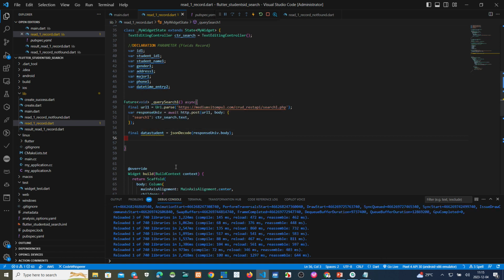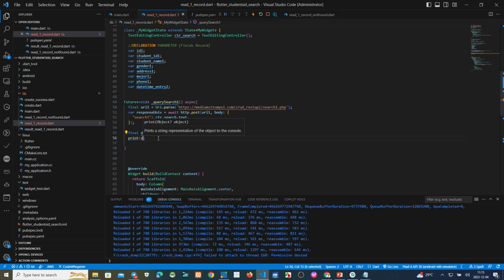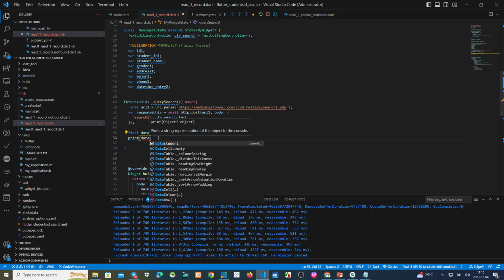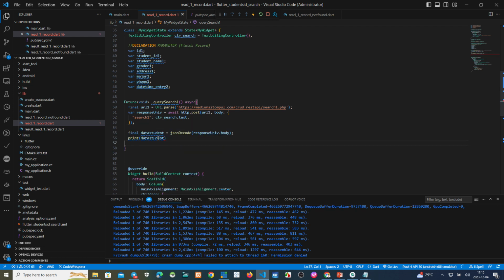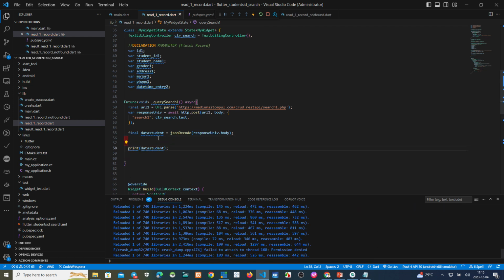If you want to debug here, print here. Okay, make this print data student. Okay, make a remark on this.